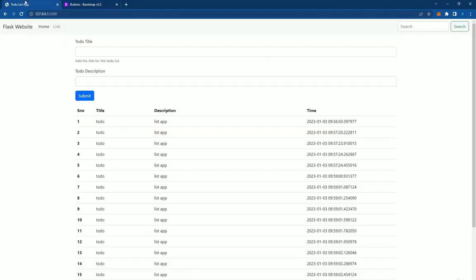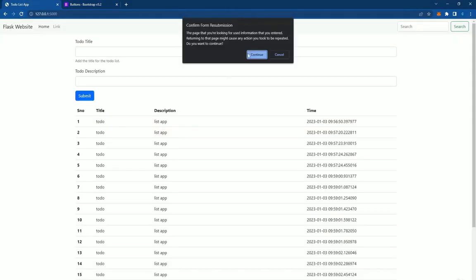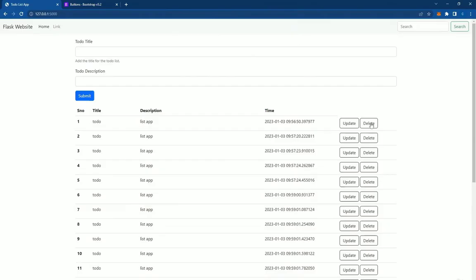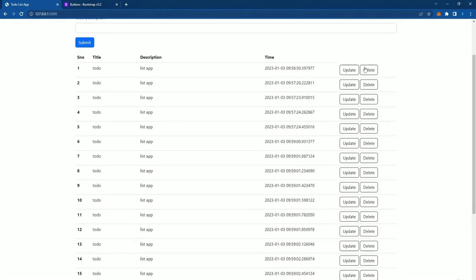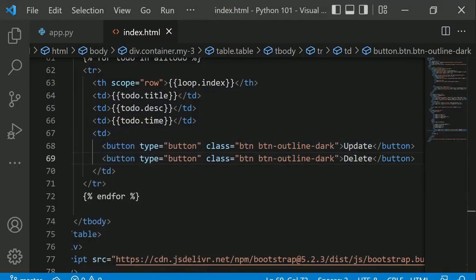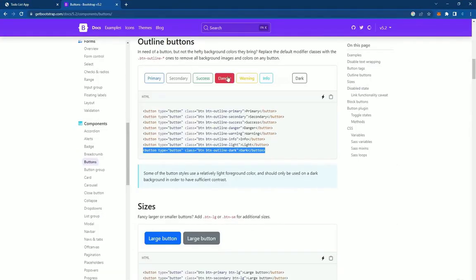We'll go back into our website, try to refresh this, and you guys can see here is the button for update as well as delete. So now we have added these buttons. We just need to add the functionalities to these buttons as well. So after this, what we can do is also change the color of these buttons. So for delete, let's add this over here. I will just try to copy this,